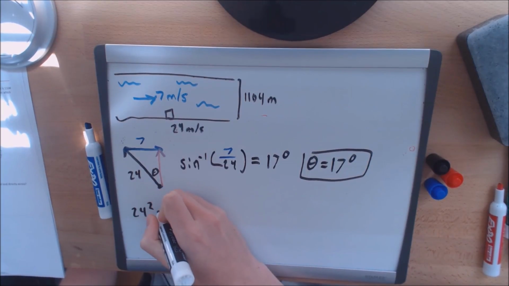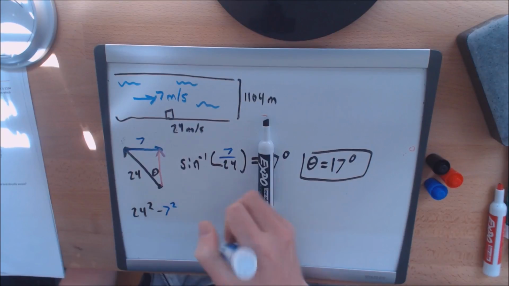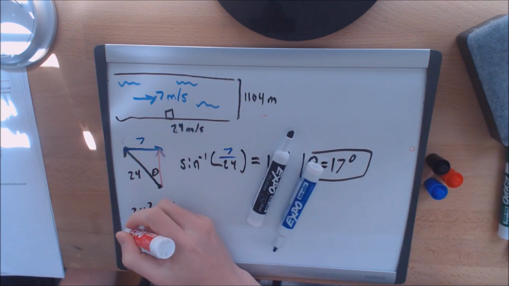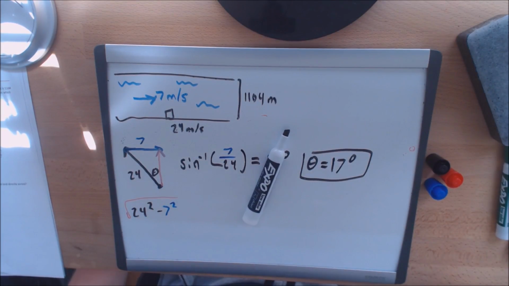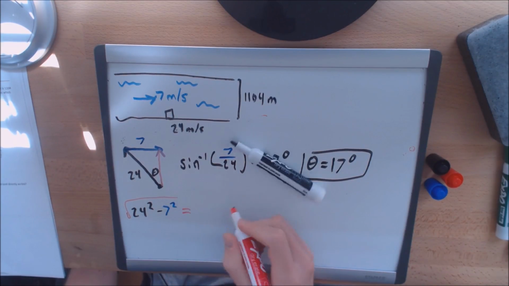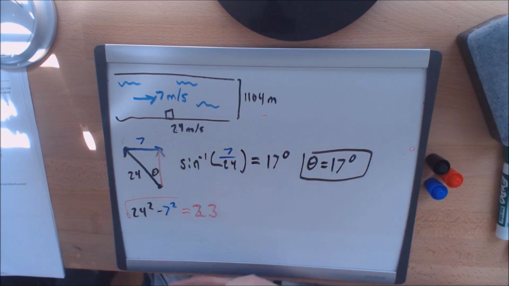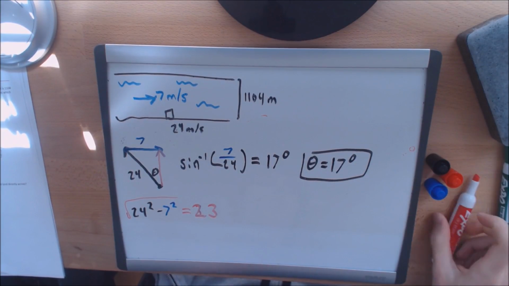Do 24 squared minus 7 squared, and take the square root of that. And we're going to get 23 meters per second. The width of our river is 1,100